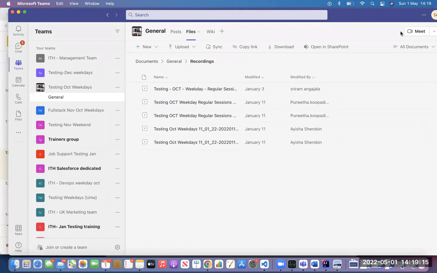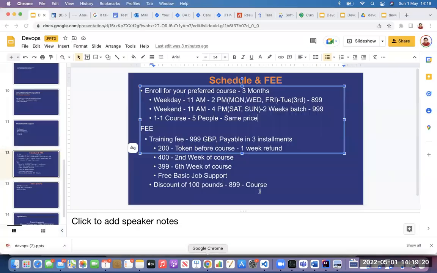Everybody talks. Okay, anyway, coming back to my fee structure. So if somebody wants to do it, please pay £200 and fill the form. Straight away I will give you access. The second payment, you only pay £300, so you get a discount. Straight from Tuesday you will start and you will finish within 3 months. So the course is 3 months, guys.